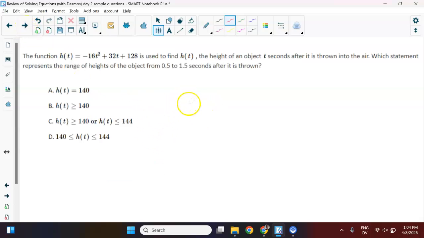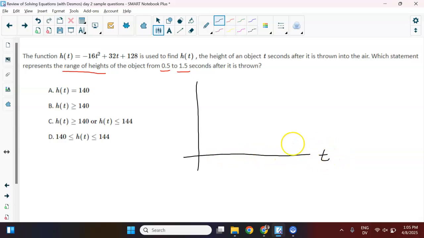Okay, next up. So what is the height? The height function, h is the height, t is the time of the object after it's thrown in the air. Which statement represents the range of heights for the object from 0.5 seconds to 1.5 seconds? So this is really good, again, just to do a graph. And so just to understand what it's even asking us here, we've got time and height, the h of t, but it really just means height. And they want to know the range, so that's like the y numbers, from 0.5 seconds